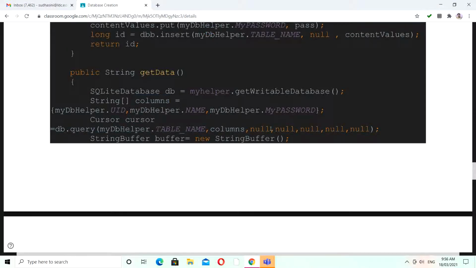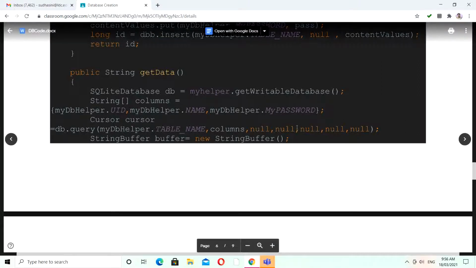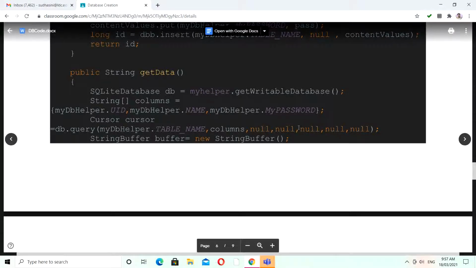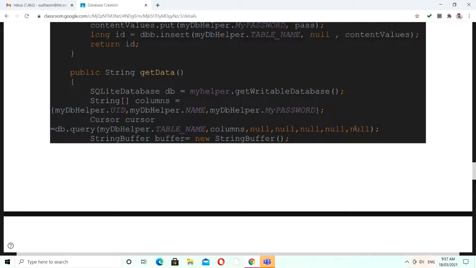Then the next five parameters are null. These five parameters are for when your selection of data has some kind of constraint, like a where condition, or if you want ascending or descending order. For now we put these five parameters as null.